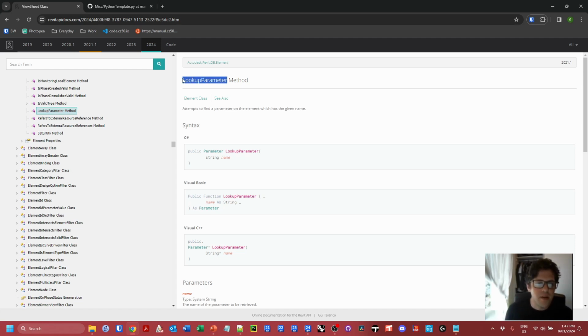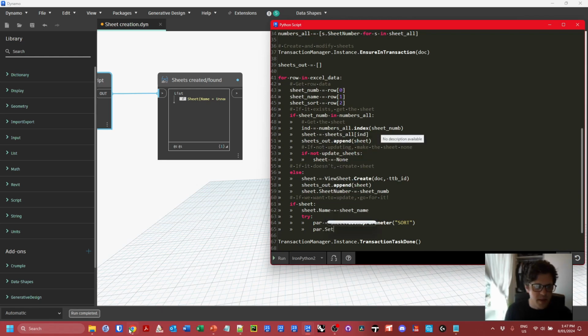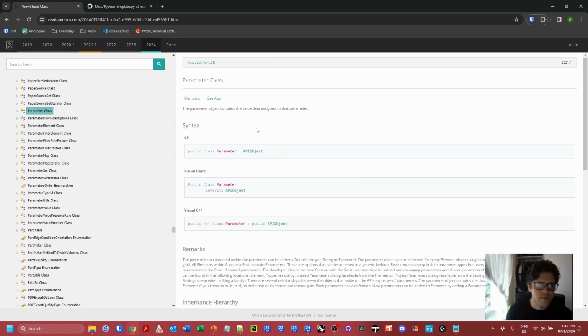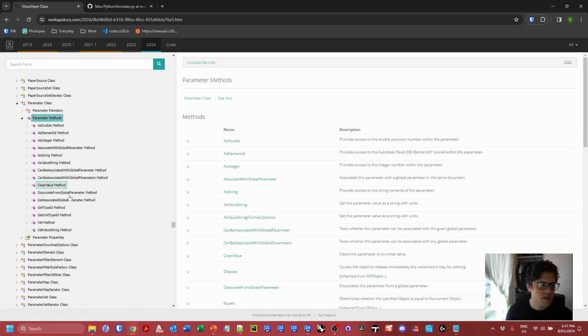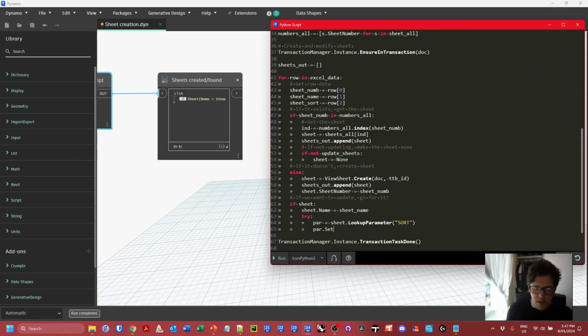So I'm going to take the lookup parameter method and just try to get the parameter. I'll say par, which is usually what I use for parameter, is equal to sheet.lookup parameter, and then I'll look for the parameter sort. I'm then going to use the parameter.set method, which we can find by checking the parameter class. Under methods we'll find the set method option, which takes various types of arguments depending on the data given. In this case, we're giving it a string or a text value. So I'm going to set this to sheet_sort,